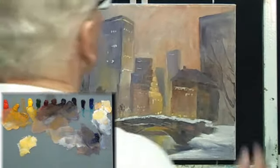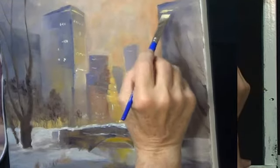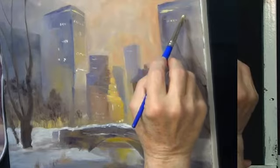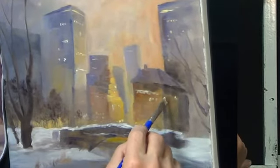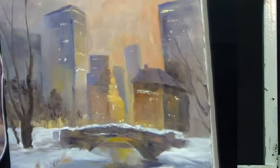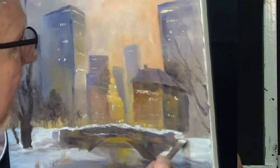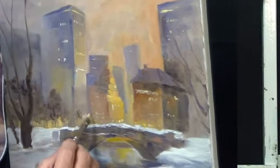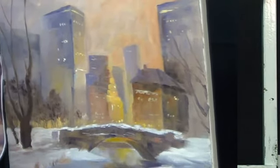Building over here might have a few lights toward the top. Just random patterns, don't make them too specific. Pardon me for standing in front of the painting. Kind of get lost into this in a way that